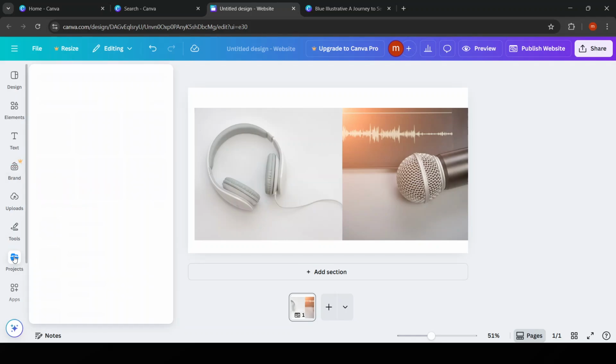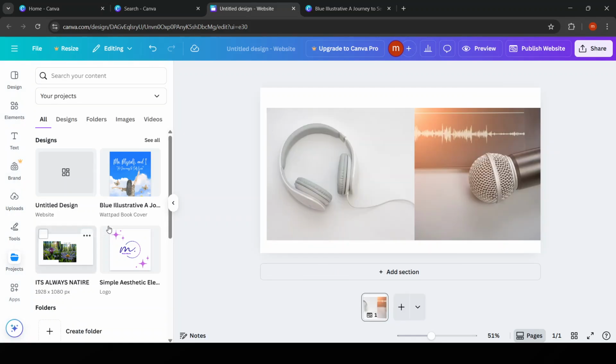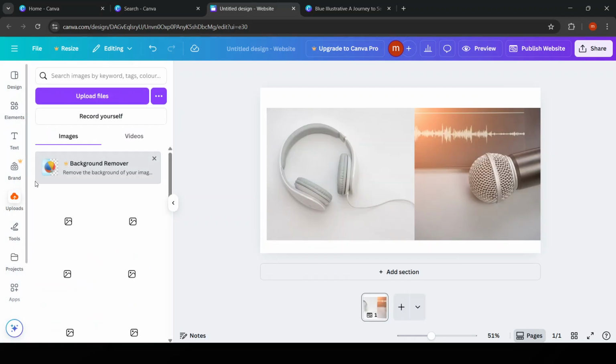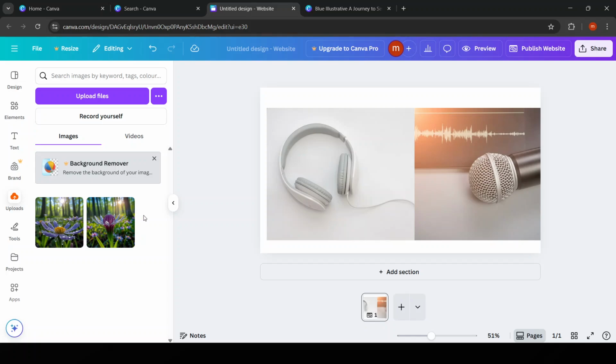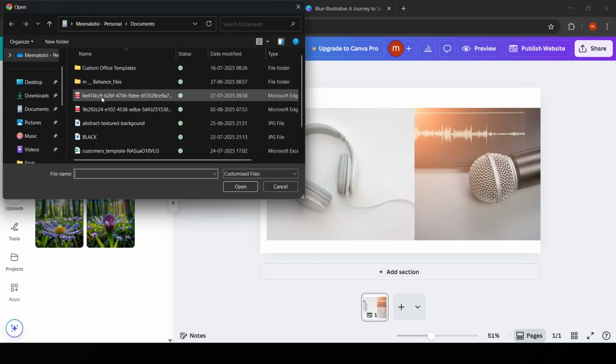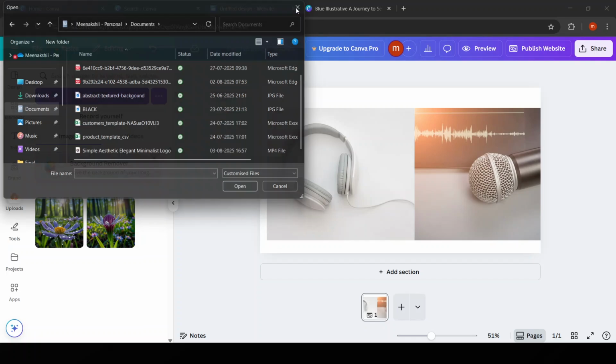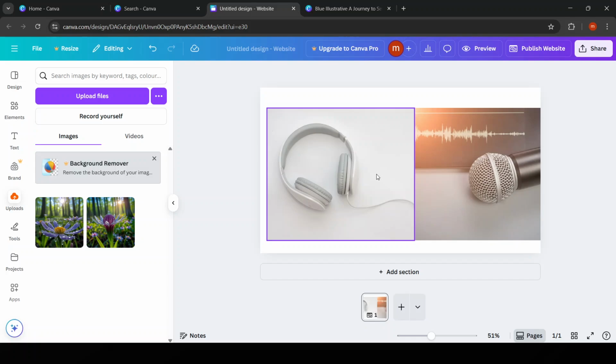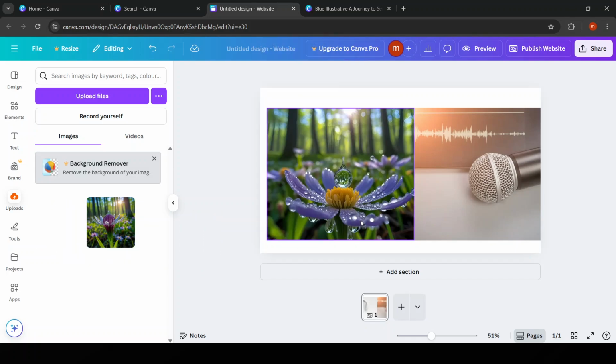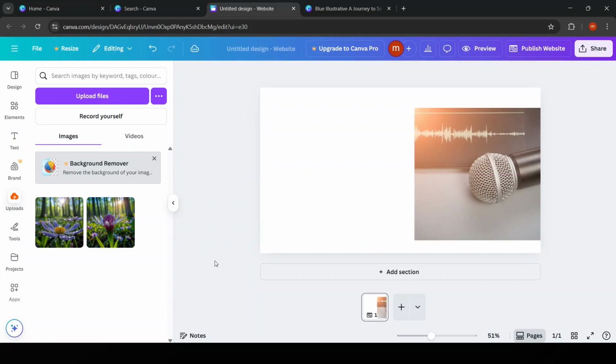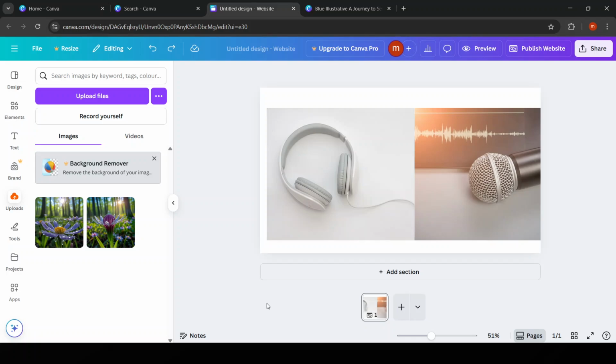If you wish to upload your own music, you can go back to the left menu and click on the Uploads option. Here, you can upload audio files saved on your device. Simply click Upload Media and select the audio file you'd like to use. Once uploaded, it will appear in your Uploads section, and you can drag it into your project just like the tracks from Canva's library. By practicing these steps, you'll become proficient at adding music to your Canva projects, enhancing your